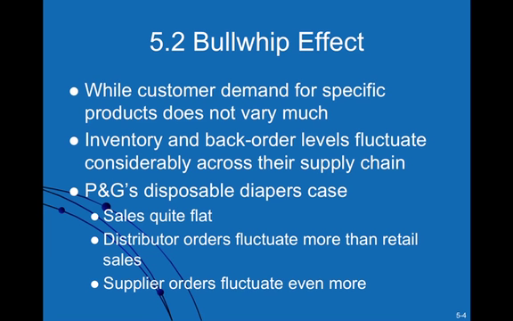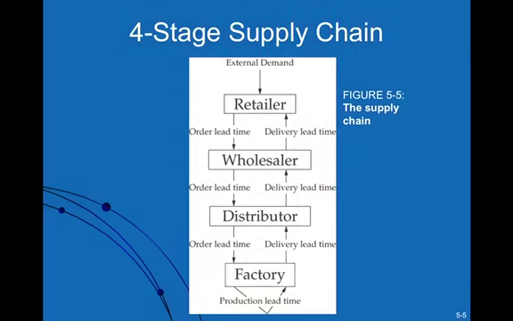And that was observed by Procter and Gamble, where they noticed that their sales were fairly stable, but somehow the distributor orders fluctuated a whole lot more than what the retail sales were. And then one wondered, why did that actually have to happen? And there are several reasons for the bullwhip effect. Now, if you think of a bullwhip and you crack a bullwhip, what happens is the amplitude of the wave formed by the bullwhip is actually smaller at your hand, and as it goes backward to the tip of the bullwhip, the amplitude gets a lot larger.